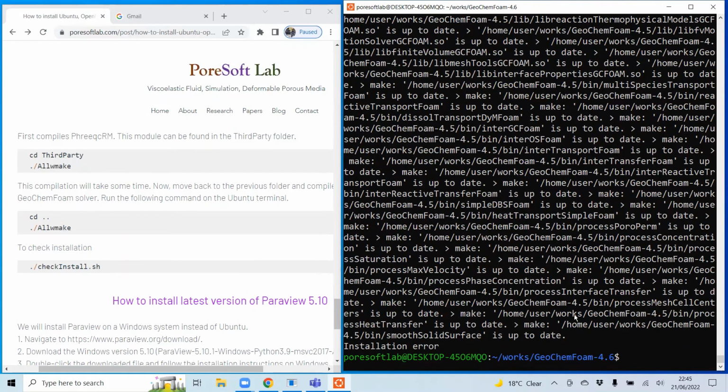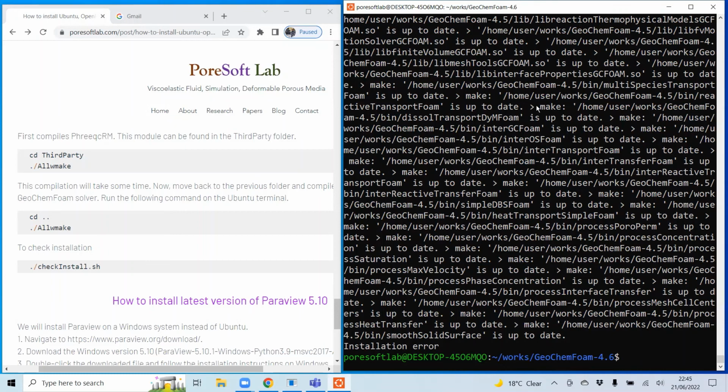So that's it. This means that now we can use the GeoChemFoam 4.6 solver to perform multi-phase reactive transport simulation.